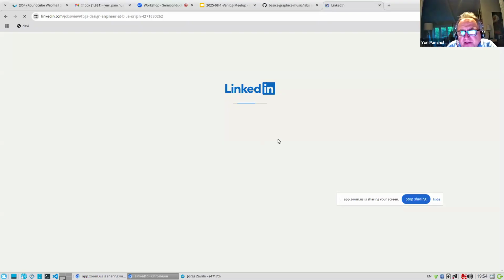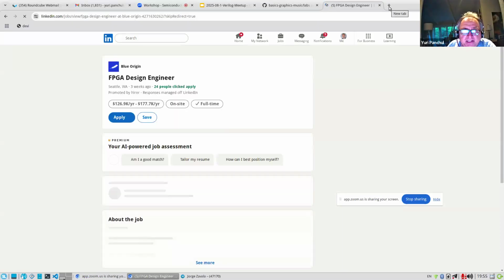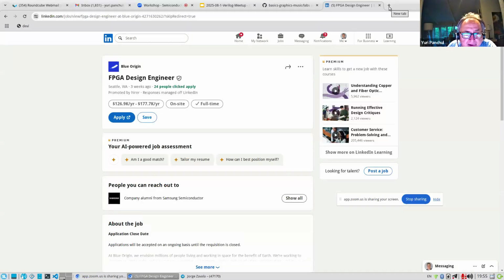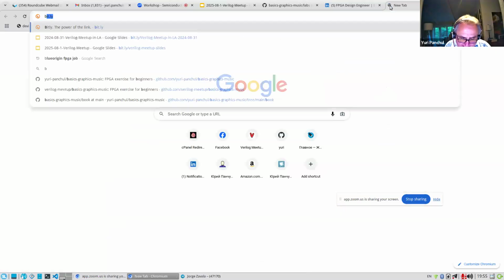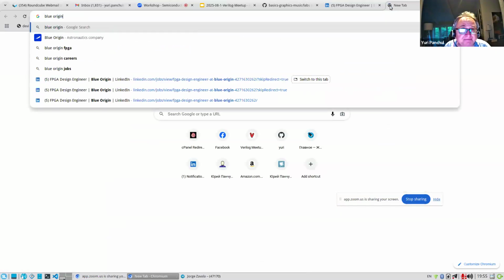So you see, if you look for companies which make space rockets, for instance Blue Origin, you can see that they hire FPGA design engineers, and Blue Origin